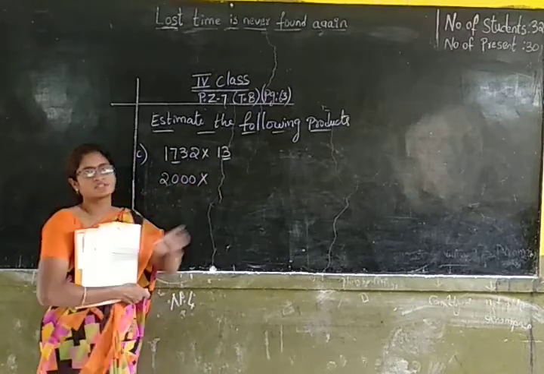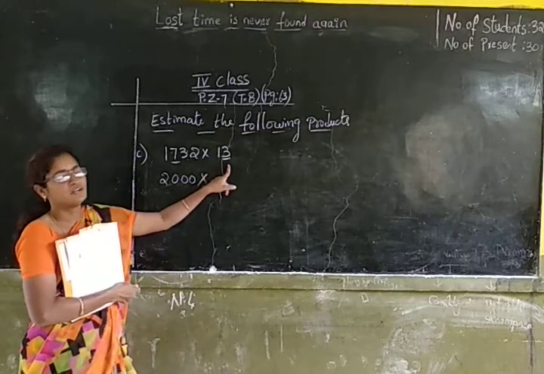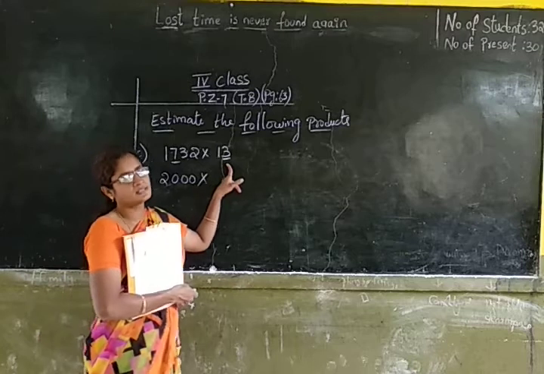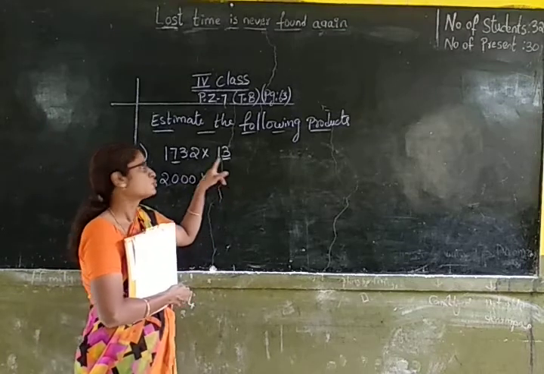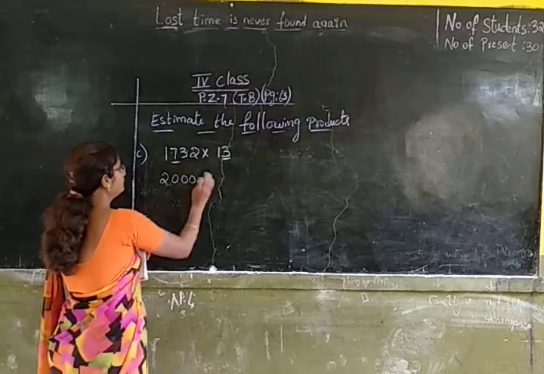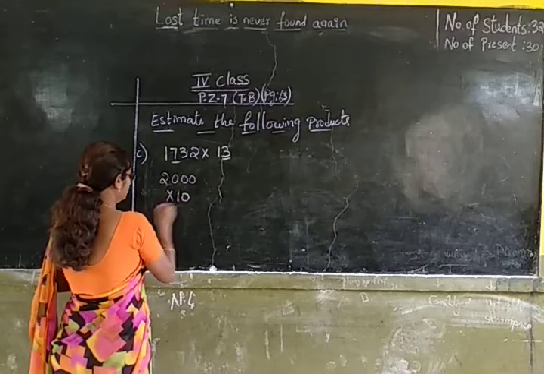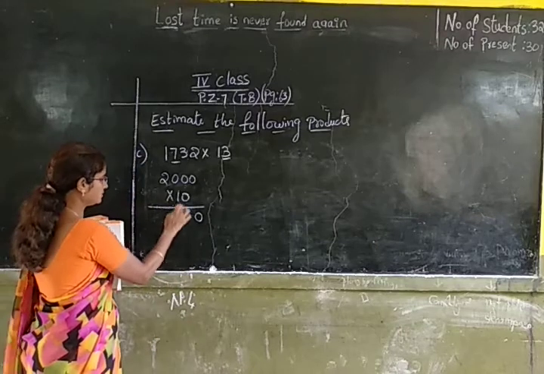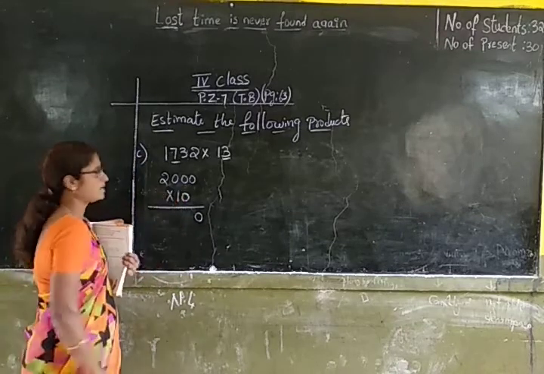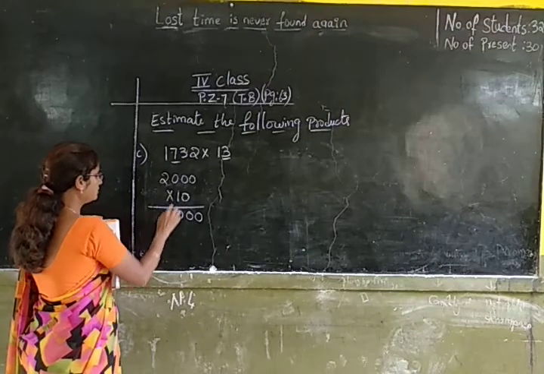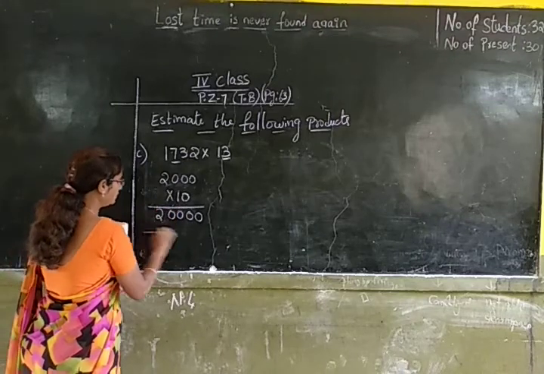Now let us round up this number to the nearest tens. For that we have to underline the digit at its ones place. Here the digit at its ones place is 3. So no need of adding 1 to the next number. So this will become 10. So first we place a 0. First you have to place a 0 and you have to multiply the number with 1. 1 zeros are 0, 1 zeros are 0, 1 zeros are 0 and 1 twos are 2.